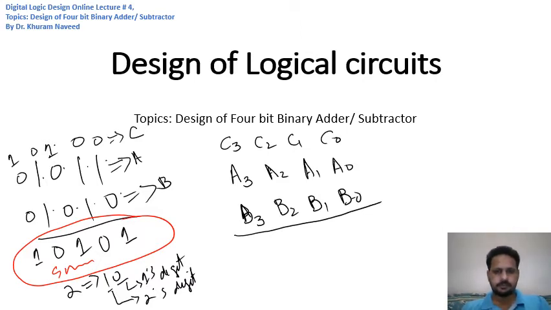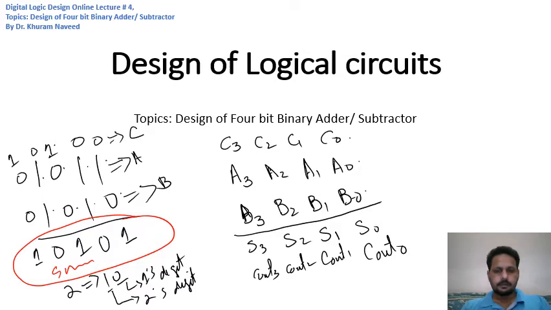Let's say the sum from this particular addition is S0, and there is going to be a carry which might be 0 or 1. Let's assign a symbol to it, and let's call it C out, or the output carry at the location 0, C out 0, right? And here the sum is going to be S1, and the carry at this location is C out 1. And by following this convention, this is S2 and this is C out 2, and this is S3 and this is C out